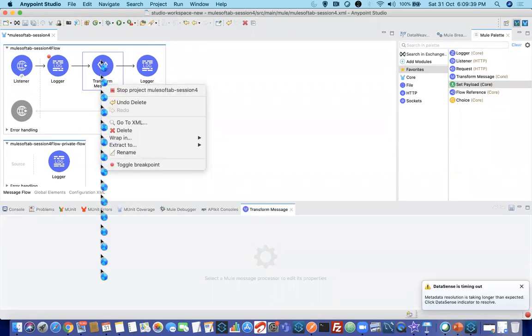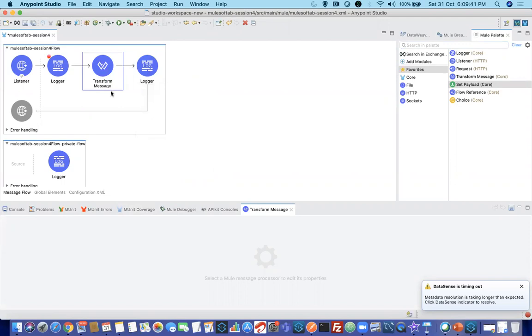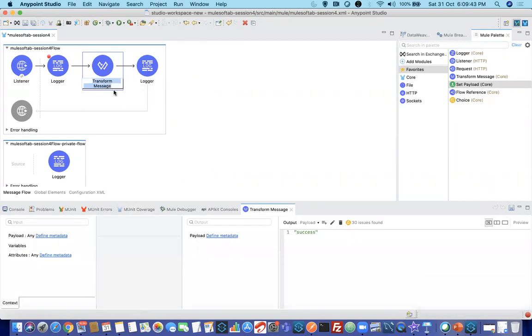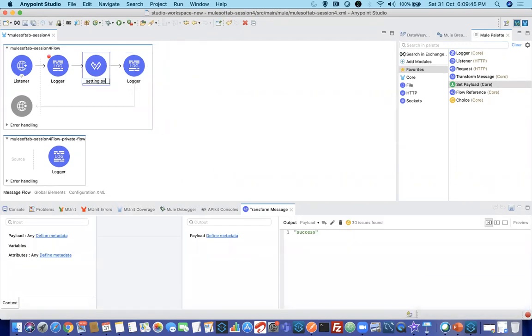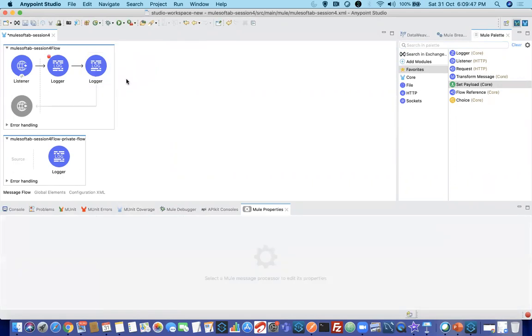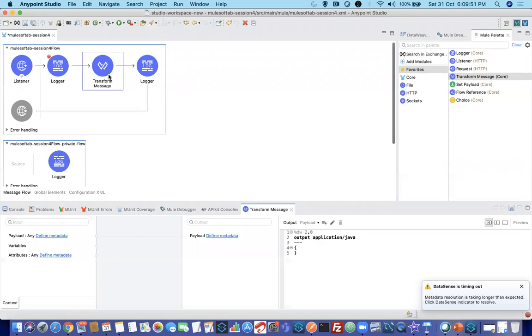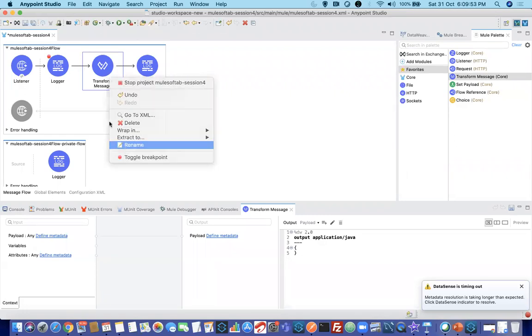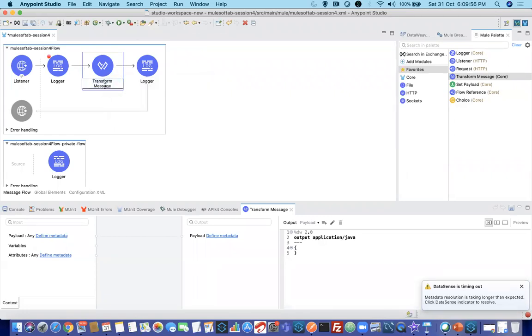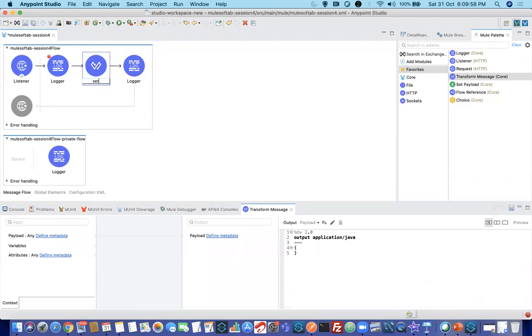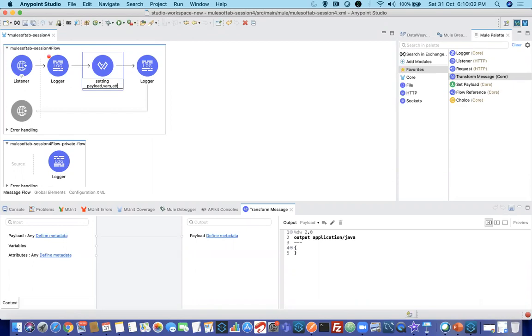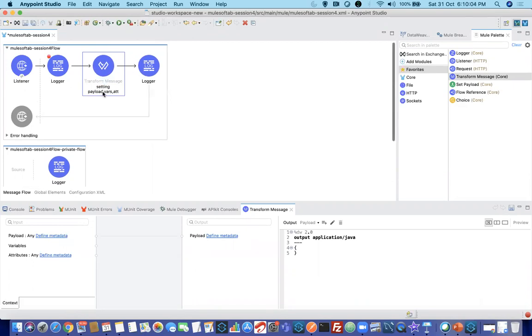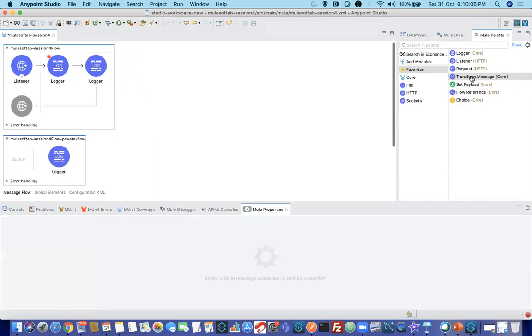Just right click on the connector, click on rename, and you can rename it right there. Say, setting payload and attributes. So you can change the display name in that way. This is all about transform message.